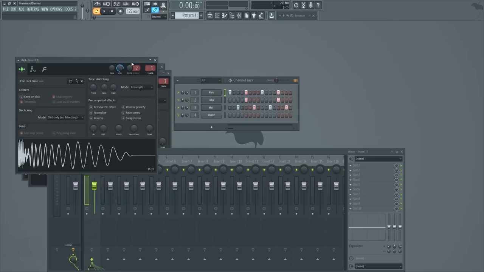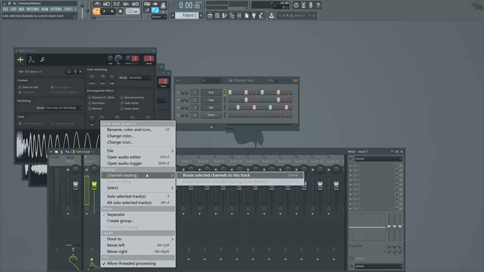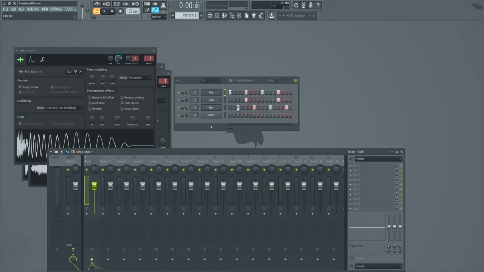Another way to route samples to the mixer is to click on the sample and do the same thing up here, or highlighting the sample or sound source and coming down to the mixer and right clicking on the channel, go to channel routing, and then route selected channels to this track. Now, the cool thing is when you do that, it automatically names the mixer track after the sound source that you have routed to it. So I'm going to do that for the clap,